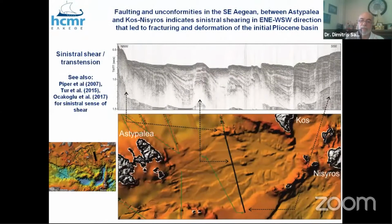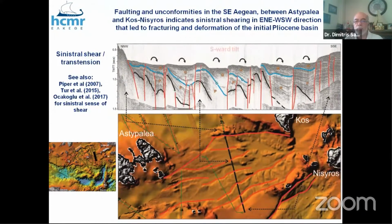We had similar observations from the area a bit to the southeast of the Santorini-Amorgos zone, and in particular between Astypalaia and Nisyros. This is a seismic line shown here, and what we see is a very peculiar seafloor with multiple ridges and elongate funnels, let's say. And if we put the interpretation here, we come up with multiple steep faults which produce this nice relief and this complicated structure here with extensive southward tilting,